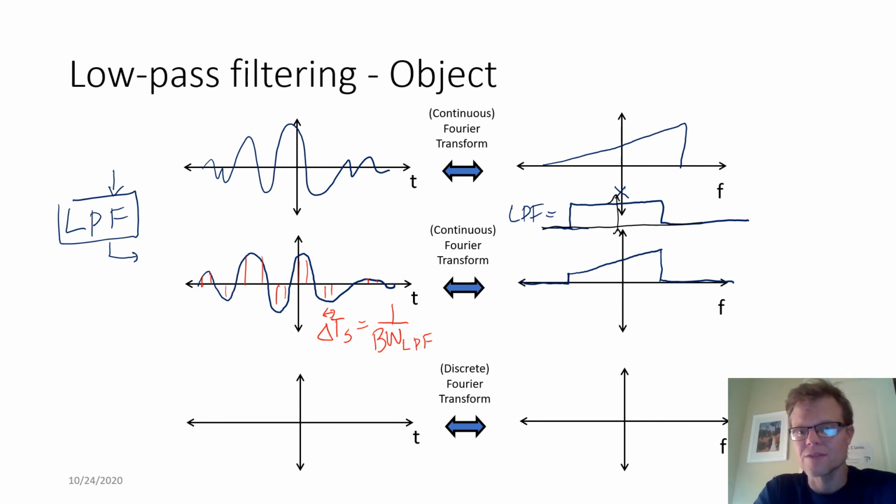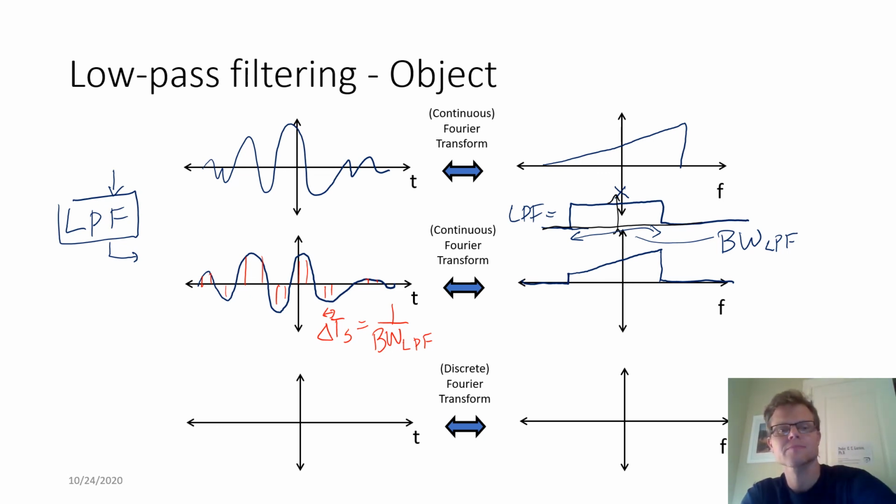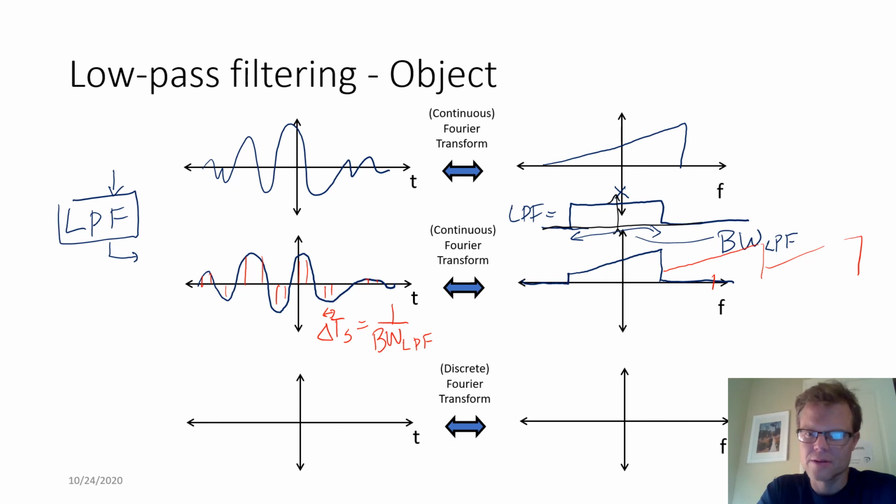So this low-pass filter has only some range of frequency values that it allows through. And so we can match our sampling to the range of frequency values that we know we're going to get. So then when we do these replicas at intervals of the bandwidth of the low-pass filter,